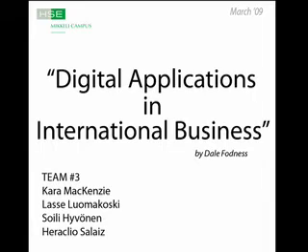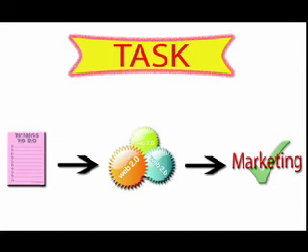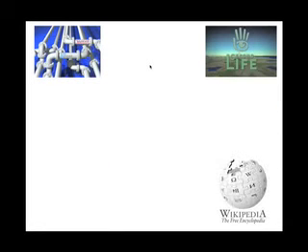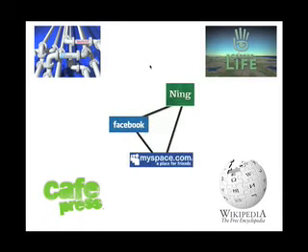We are from the Helsinki School of Economics BSc BA in International Business program. For our course, Digital Applications in International Business, our project was to create marketing solutions with different Web 2.0 applications. Web 2.0 refers to the second generation of Internet development that facilitates communication, sharing, and collaboration of information. The applications used in this course were mashups, virtual worlds, wikis, on-demand retail shops, and for our group, social networks.